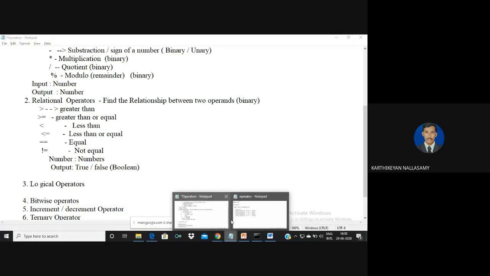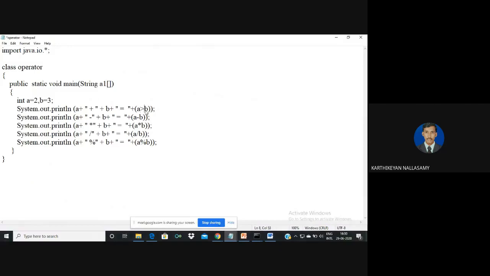Find the relation between the numbers. So a greater than b, greater than or equal to, less than or equal, and not equal. So I'm going to use not equal.